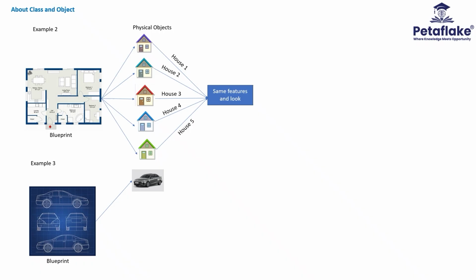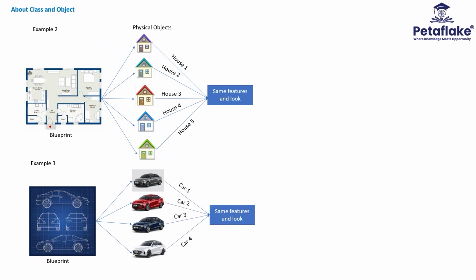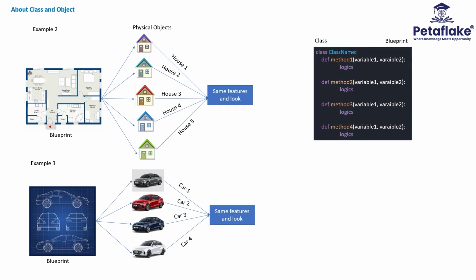Based on a single blueprint of a car design, multiple physical car objects can be manufactured. All the physical cars manufactured based on a single blueprint will have the same appearance, shape, and features as well. Each car may have a different paint color and different interiors based on the interest of the person using the car. In the similar way, the concept of class in programming language is just a design developed based on a